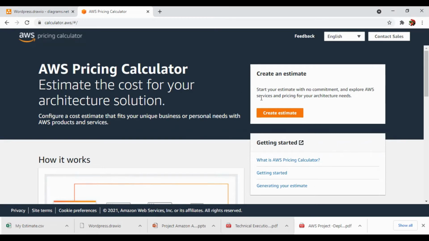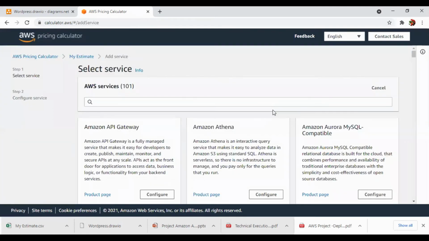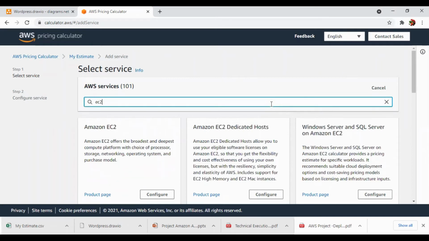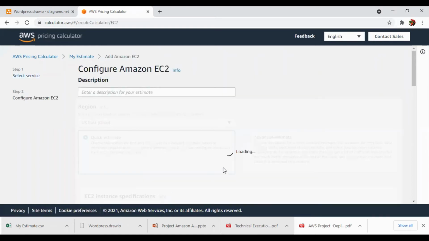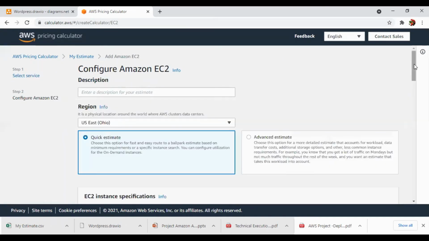So here we go, create estimate, and whatever services we are going to use from the AWS platform, we will select here. Let's say EC2. Now you can see EC2, we will configure it, and we'll come to know how much we are going to spend on the service. So this is the region.